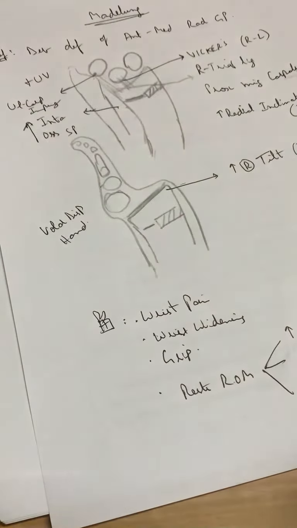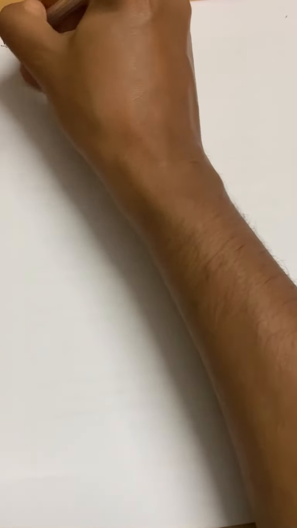Now coming to the treatment part. What is the treatment you will be looking at? So treatment will depend on whether the presentation is early or late. Early is before the skeletal fusion, late is after skeletal fusion. So if it comes late, there is not much you can do. You can just do osteotomies of radius include